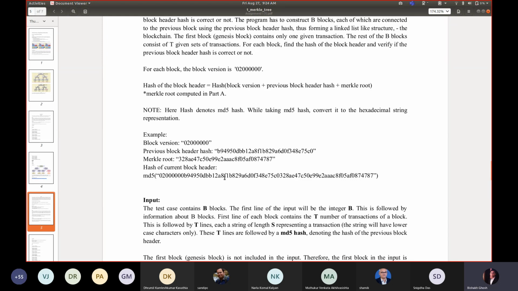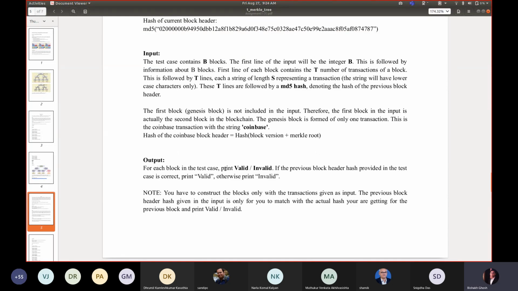Now there is one point missing, which is how you compute the header of the first block, the genesis block. That is explained here. The first block will not be included in the input of the program, so you have to compute it in a different way.